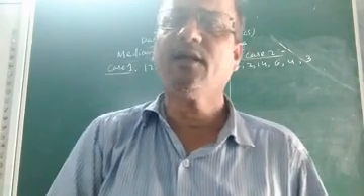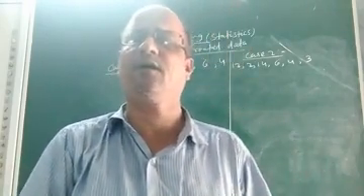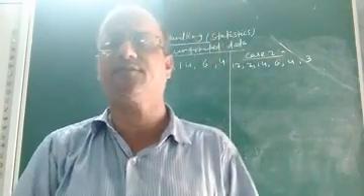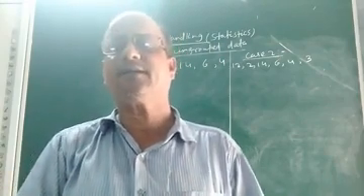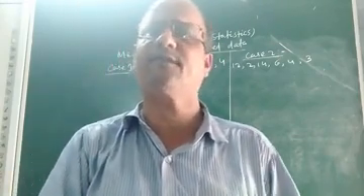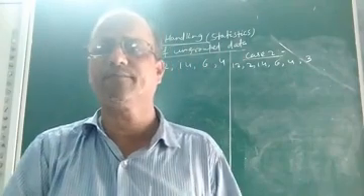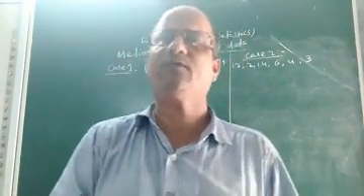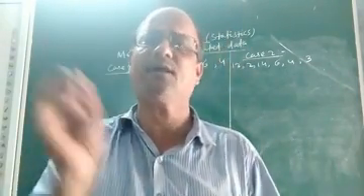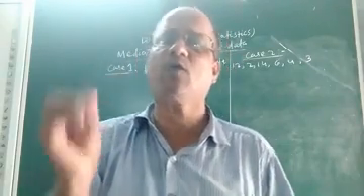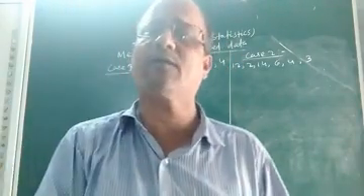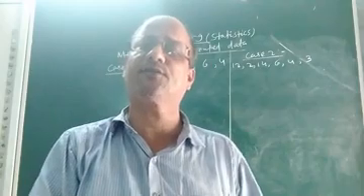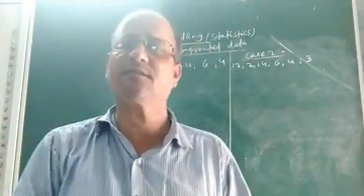Children, in the last class we were discussing measures of central tendency. So what is measure of central tendency? How many measures of central tendencies are there? Namely mean, median and mode. I have told you, and we have discussed the concept of mean and mode: what is mean, what is mode, how to find mean and mode of ungrouped data or ungrouped observations. Okay, it was discussed in the last class.